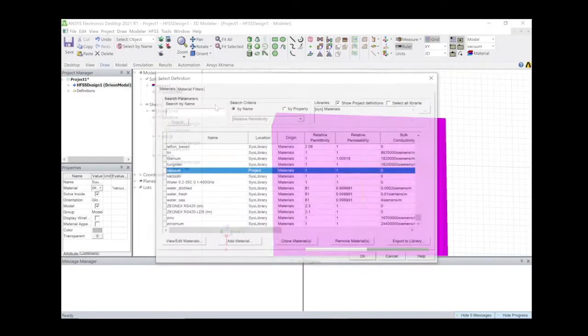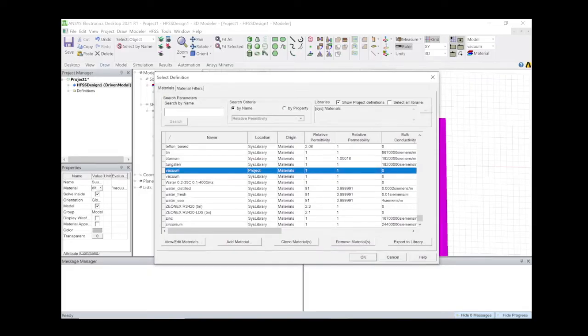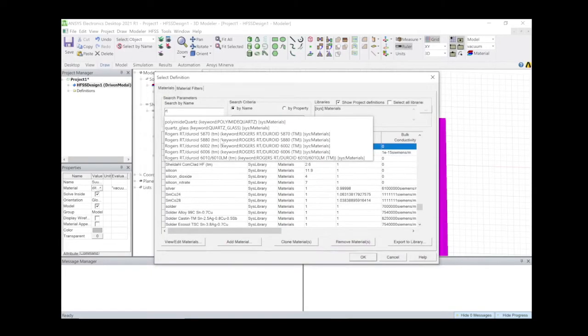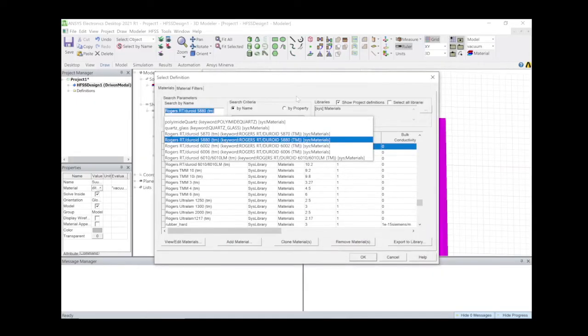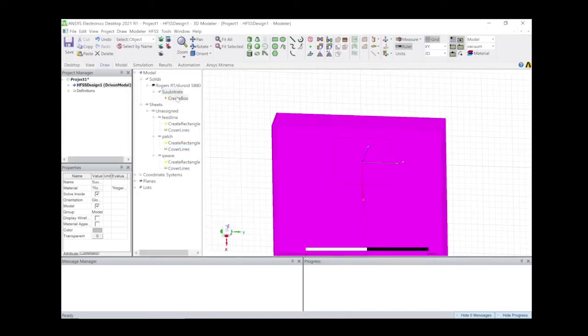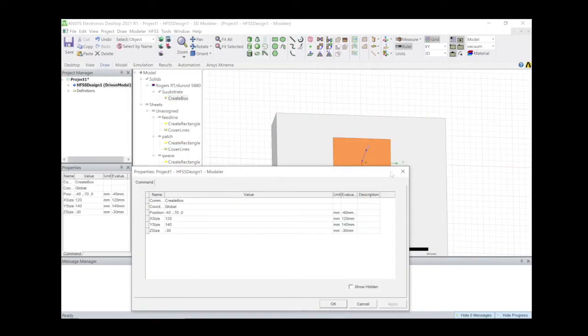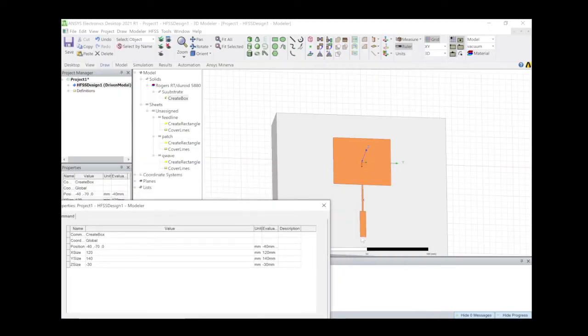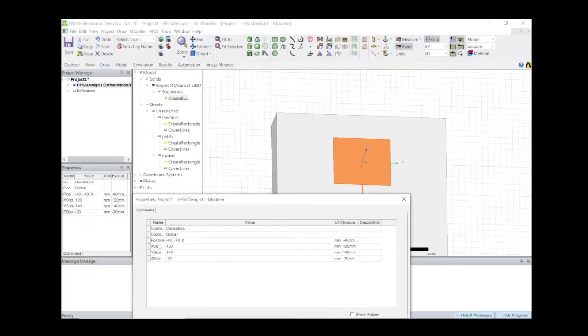We are using RT Duroid of dielectric constant 2.0, so this is it. Let me confirm. Okay, 2.2 rather, sorry, 2.2. I will change. So now I want it to start from the tip of the 50 ohm feed line, and that will be half of the width plus the entire length of the feed line and the quarter wave. So we have half plus